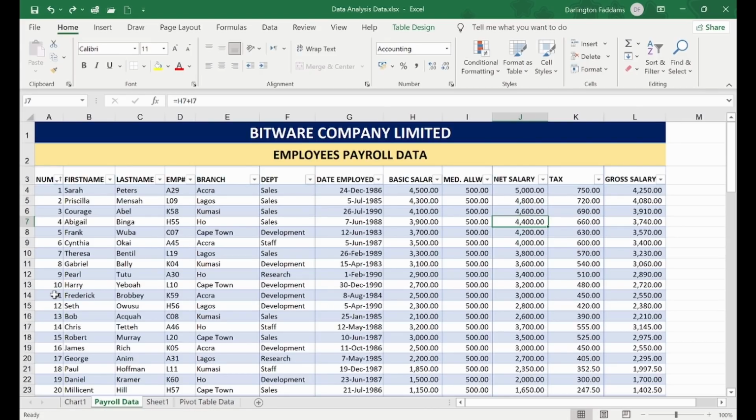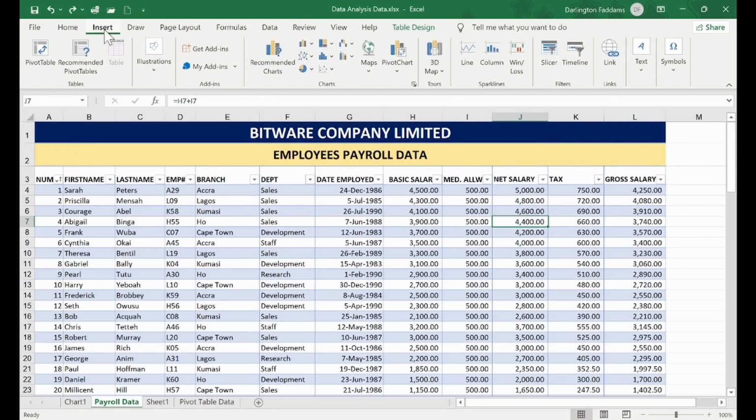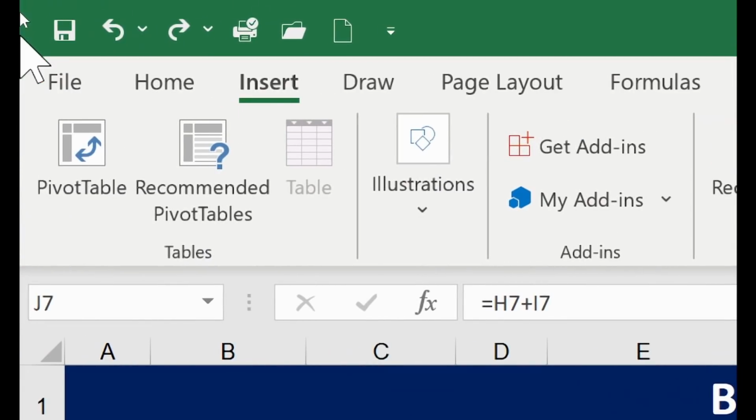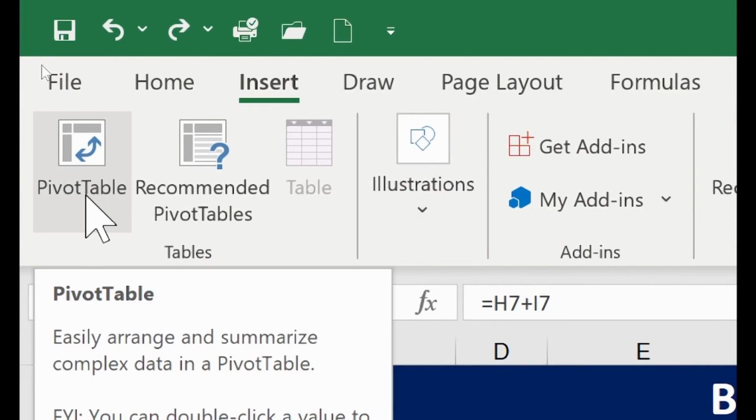And these pivot tables are powerful tools, or the pivot table we are looking at is one of the most powerful data analysis tools in Excel. When you click on the insert tab, you are going to see pivot table as the very first